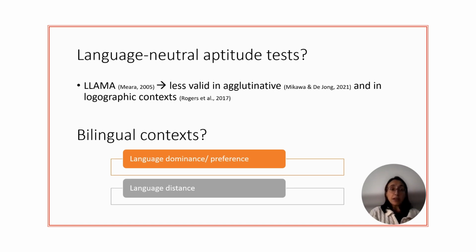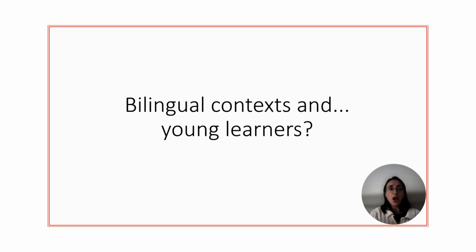The choice might be grounded on two factors, language dominance and language distance. Full L1 mastery would ensure reliable and valid performance in a language-dependent aptitude test. Also, the language of preference could also be asked so as to make sure that test takers feel at ease when taking the aptitude test. But what happens when test takers are bilingual? They are not asked which preference they have before taking a language aptitude test, and on top of that, they are young learners and therefore may not have fully mastered their L1s.